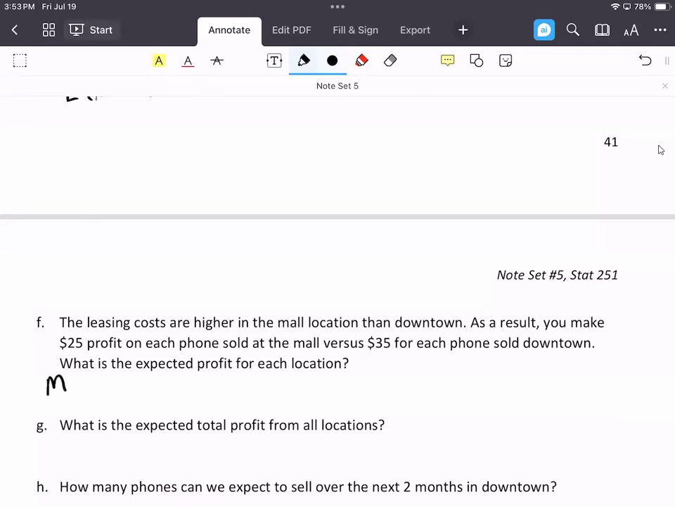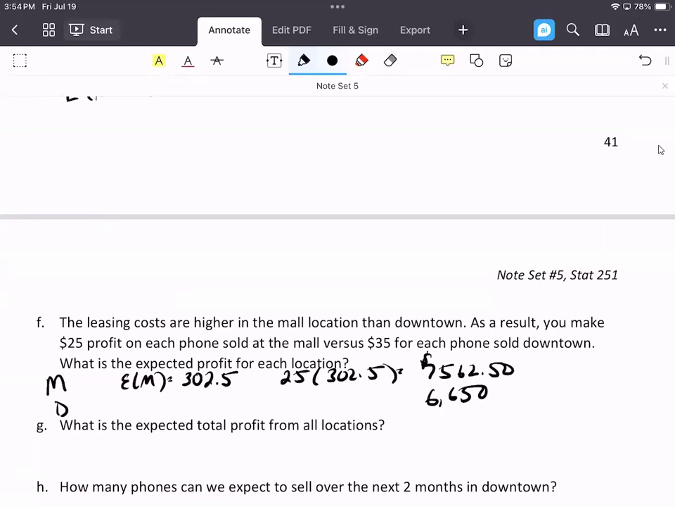I know what the expected value is for each phone at the mall. Hopefully we would all agree. The expected value is 302.5. If we know we're going to make $25 on each of those phones, we can literally just take $25 times the 302.5. And we're going to have $7,562.50. If you use the same rationale for the downtown location, you're going to end up with